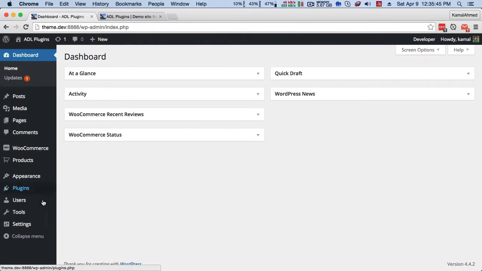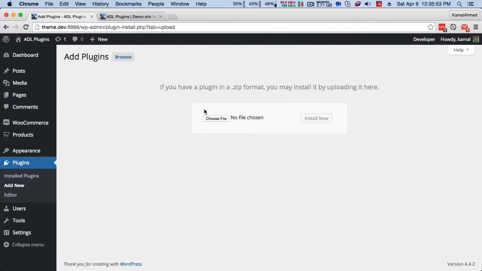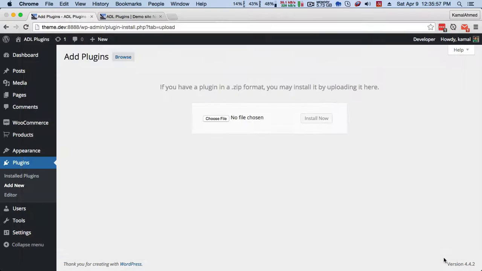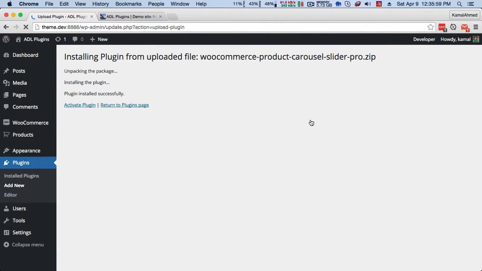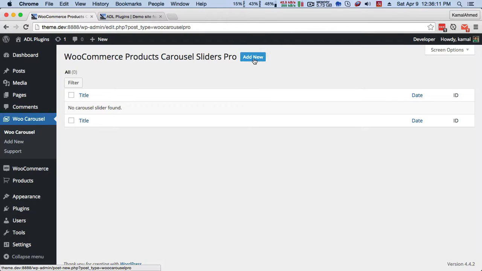Go to your dashboard and then from plugin menu click add new and then upload your plugin. And click activate. And after activating the plugin, you can see WooCarousel. Click here and then click add new